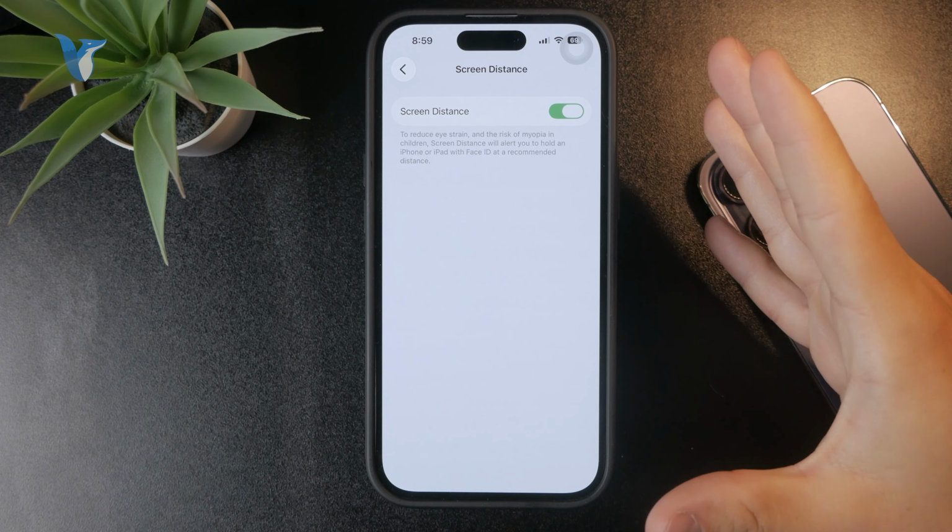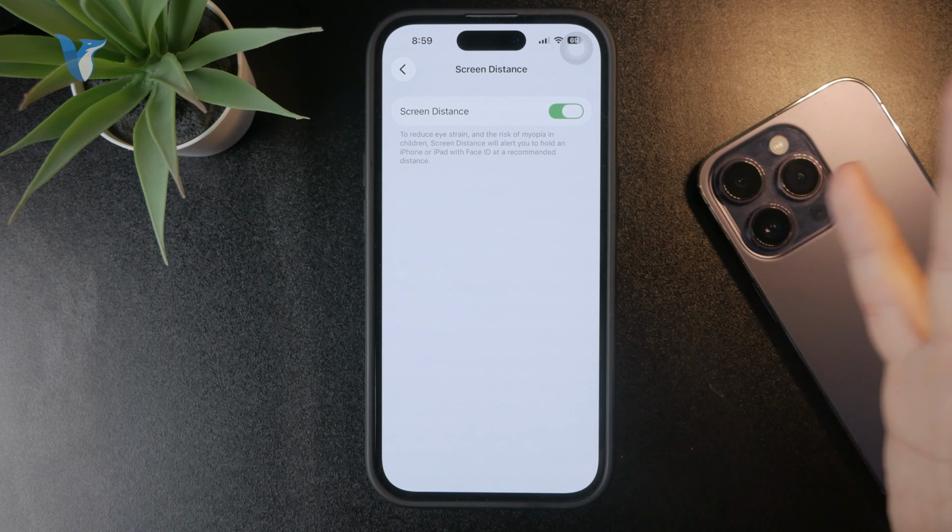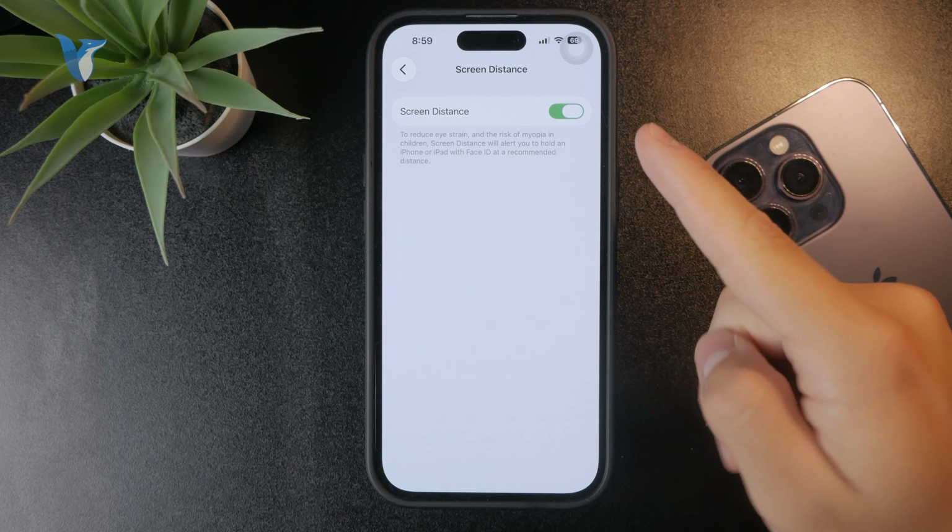And that's the whole point about it. A lot of people like it, some people do not, depends on your preference, but this is where you